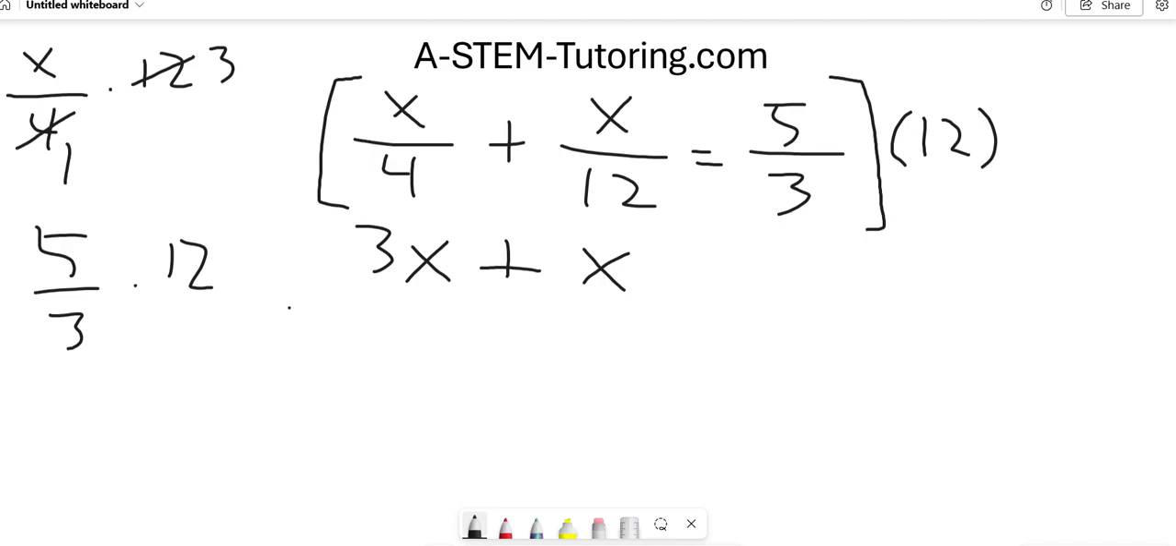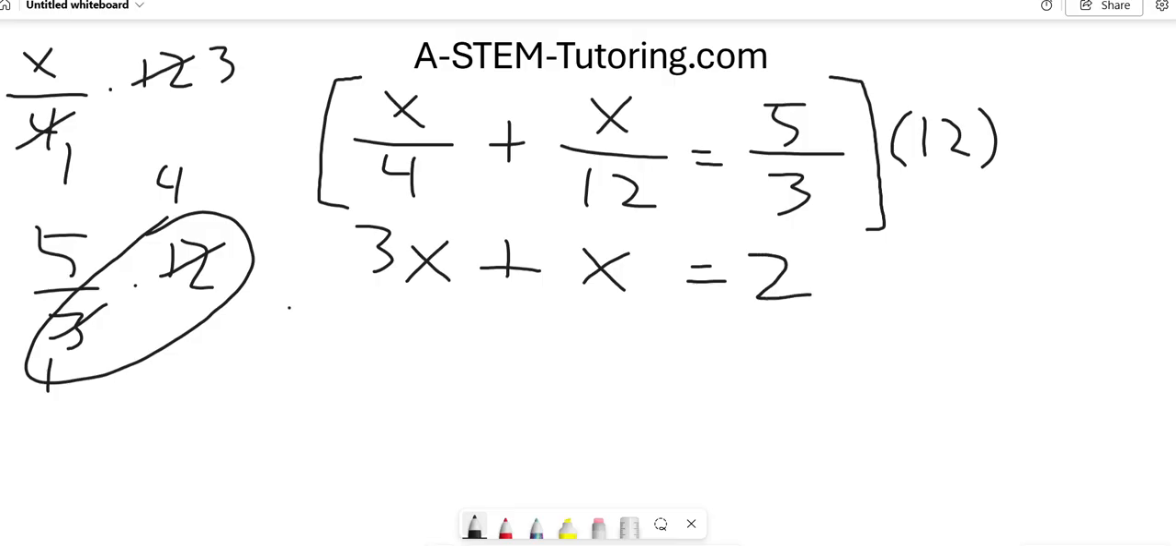Well, along this diagonal, we can cross cancel again. 3 divided by 3 is 1. 12 divided by 3 is 4. So we get 5 times 4 is 20. And the next step, we combine like terms. 3x plus x. If you have 3 cars and you add one more car, how many do you have? 4 cars. So this is 4x